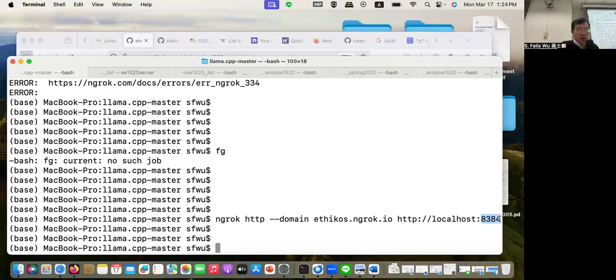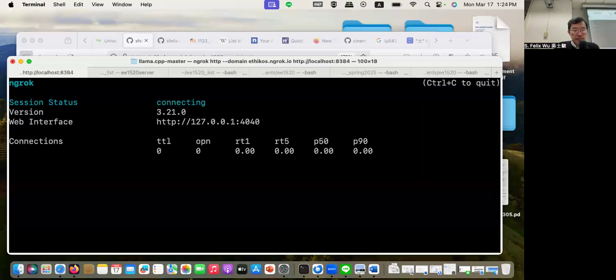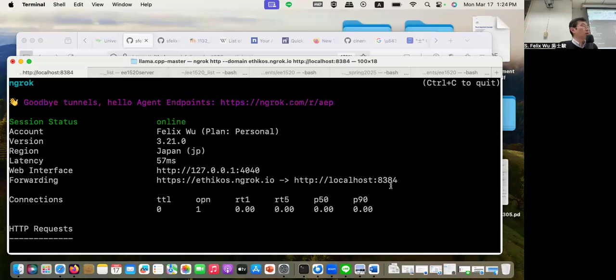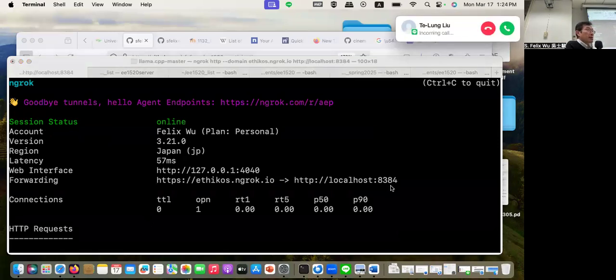That's why I set it up, so I'm going to run it. When I run it, you see that I'm actually creating a tunnel. If you connect to ethicus.ngrok.io, you will be redirected to me. So from the network perspective, I'm using ngrok such that now your computer